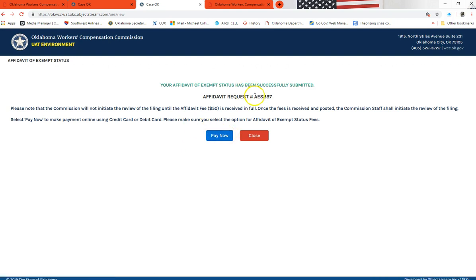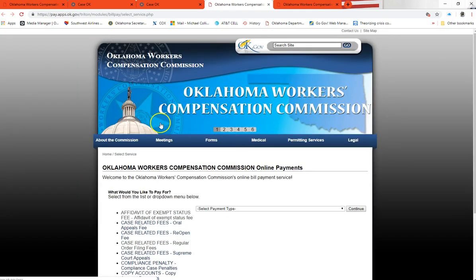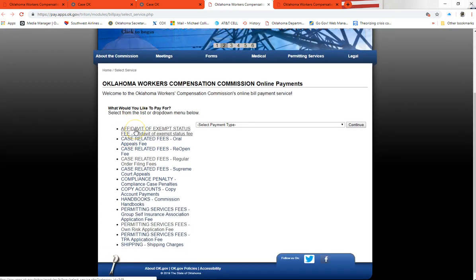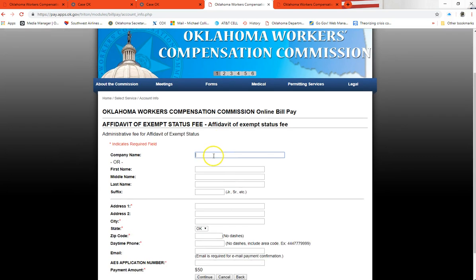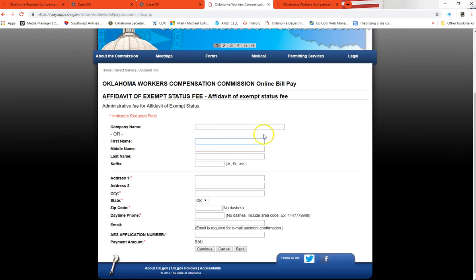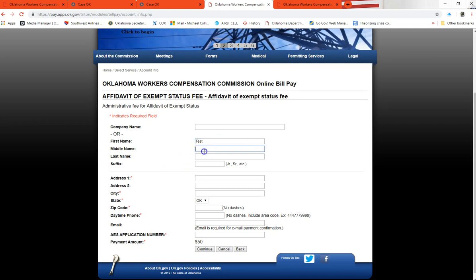So once you have that, what I like to do is I highlight it. That's you just left click and drag to highlight it, and then copy, or you can right click and select copy, or you can just press Control-C and copy it, and then go to Pay Now. And this takes you directly to our bill pay site at our website, and the very top one there is the Affidavit of Exempt Status fee. That's going to be a $50 fee. What you'll do is you'll click on that, and you'll fill out your information that you put in,